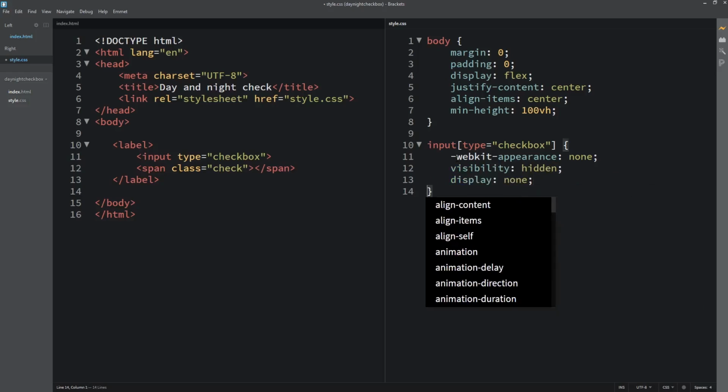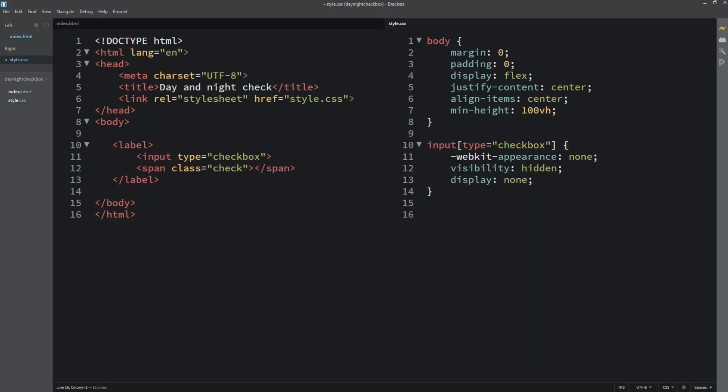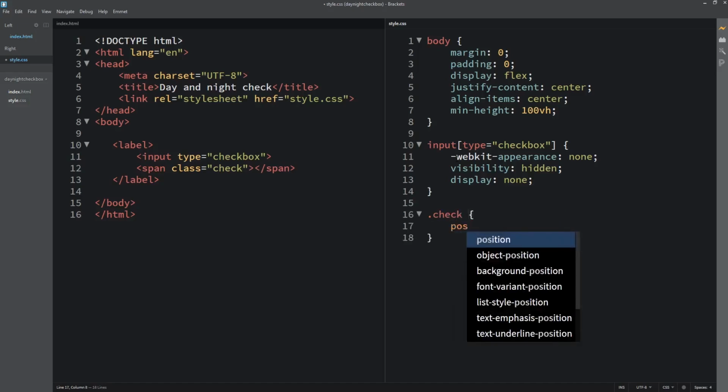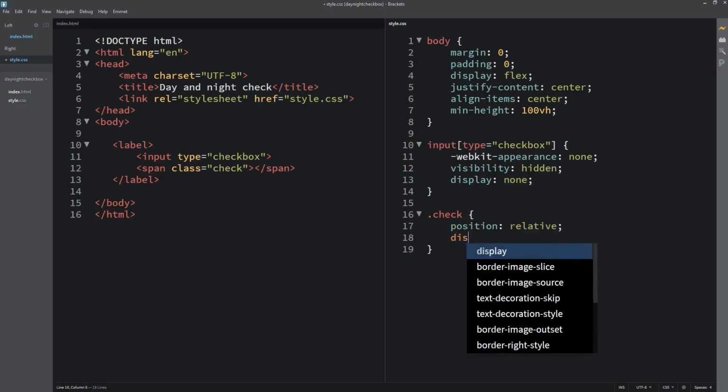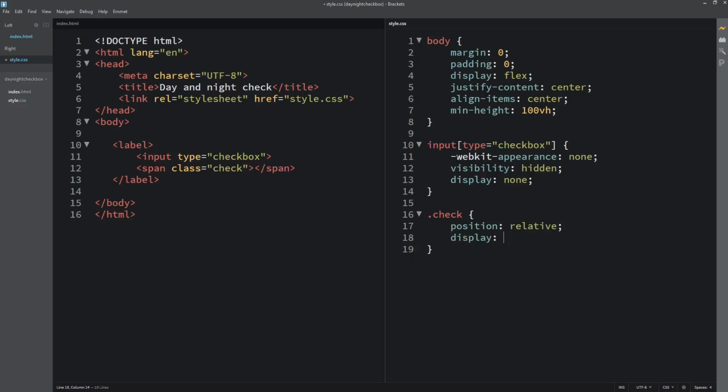So I'll come to this place here and target the check span now. Position will be relative, then display block.